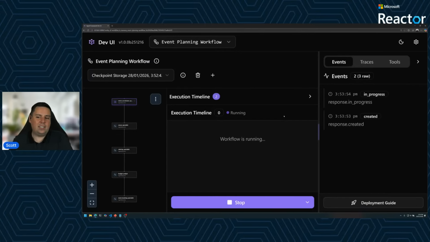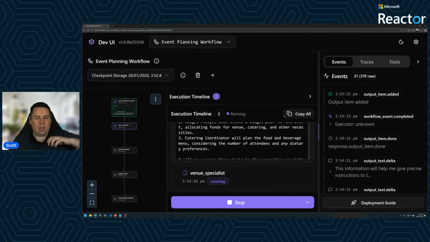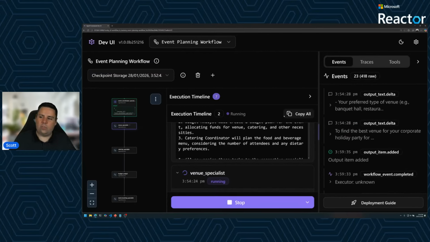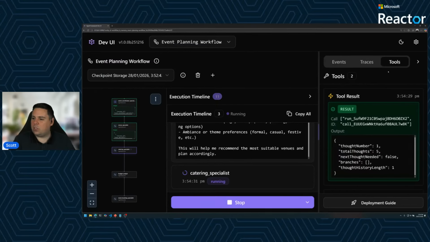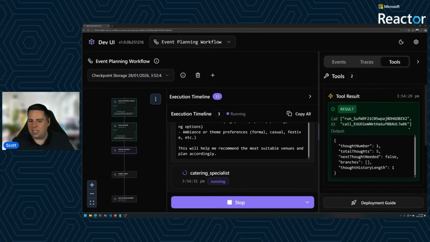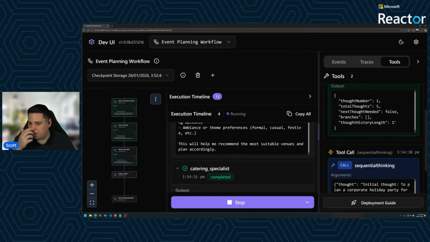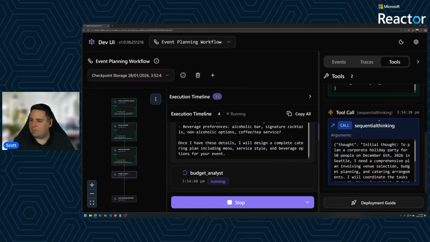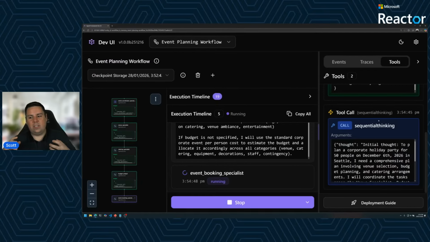The nice thing here is if I wanted to, I could actually put a breakpoint on any of the tool calls or anything that's happening inside of my Python library and jump between this visual flow and that code first flow. And we can see here, if we jump across to our tools view, we can see individual tool calls. So here's our sequential thinking. We should hopefully have some web searches popping through in a minute. Oh, that's all right. We'll let it just run and do its thing. This gives us a way to visualize what actually happened for a given execution, which is really, really nice.